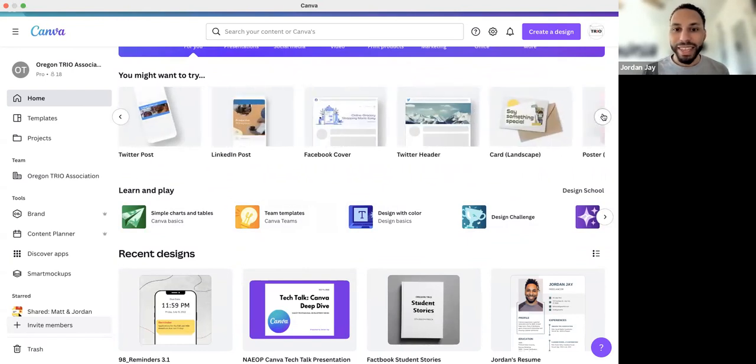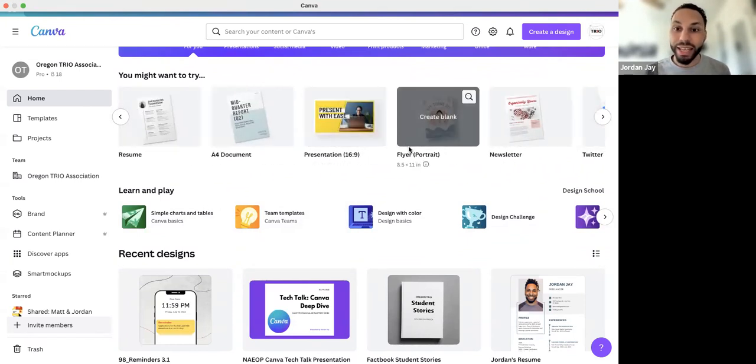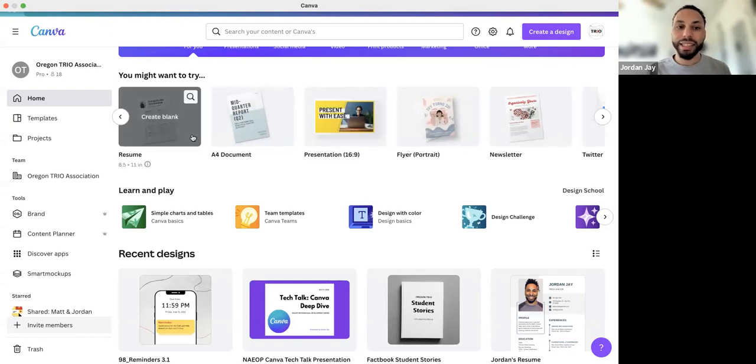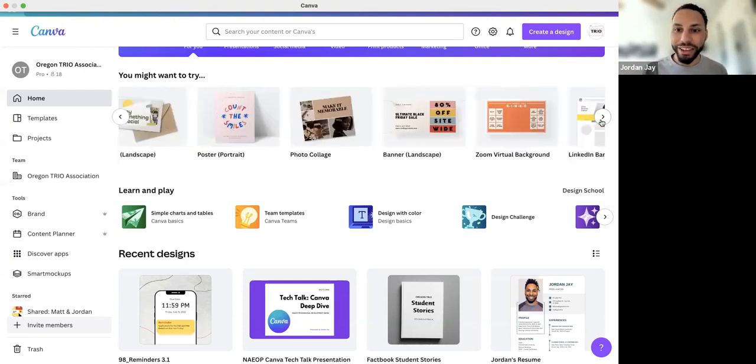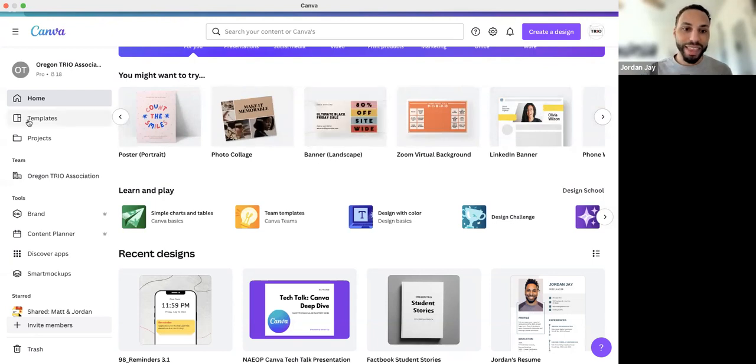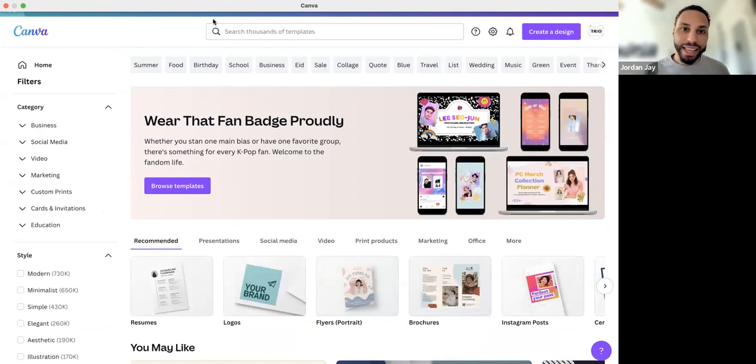Just for fun, I've clicked on some of these things and looked up different templates for resumes, for instance, and the newsletter, and just messed with it to see what other things I can create on here. As a social media coordinator, obviously, I'm mostly just making social media content, but there are all these other options. But back to templates. This is the money spot for me.